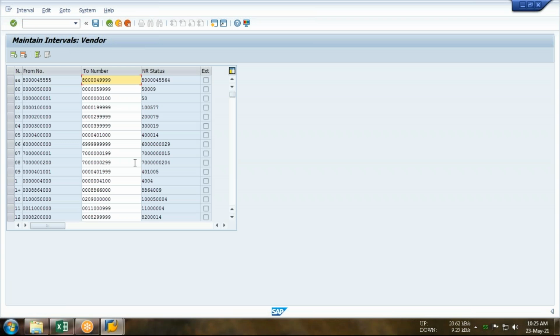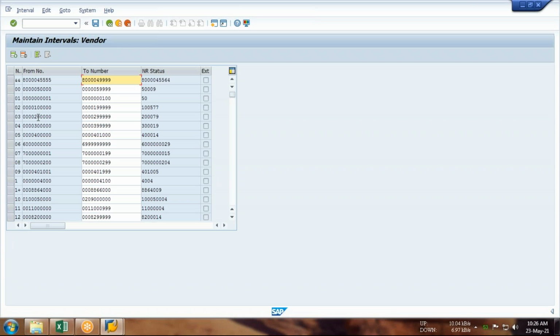Click this interval, and here you can see there are already so many number ranges maintained in your server. Every server will contain predefined number ranges. So I have a small suggestion over here. Guys, if you want to maintain the vendor number range, do not create a new one because that is not a productive task. Since this is a case of numbering, I will select any of the number range combinations out of it and use it for my vendor numbering.